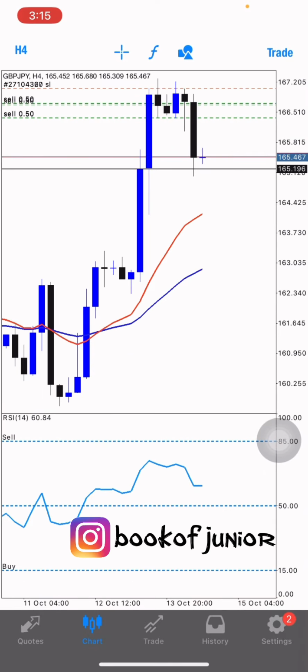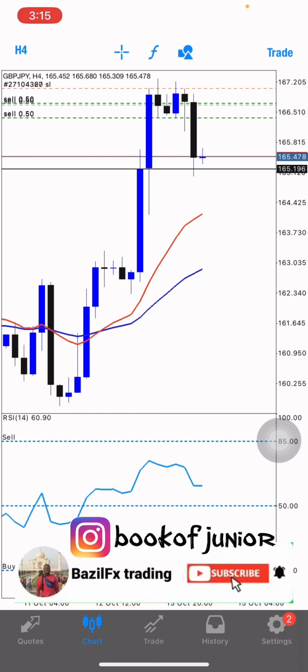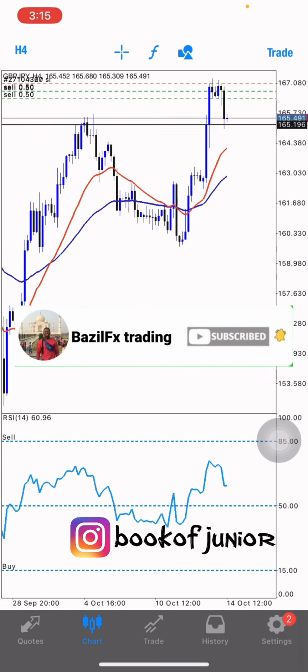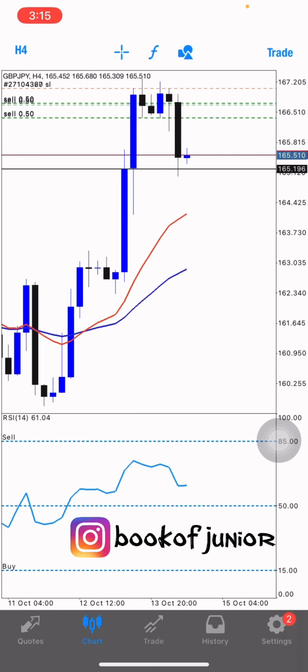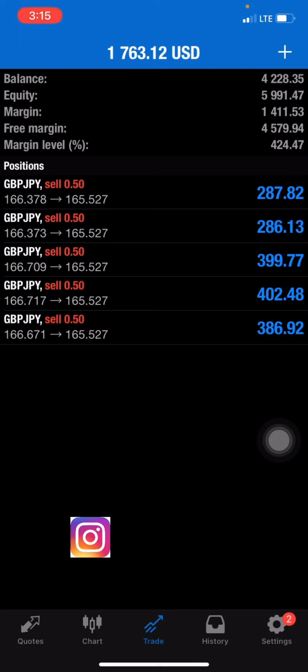Today I'm going to be explaining to you, I've been trading GJ for quite a long time, but this week I've been focusing more on GJ because I've been making so much money from GJ this whole week. So today we're going to be looking at GJ. As you can see, I'm already up 1700,